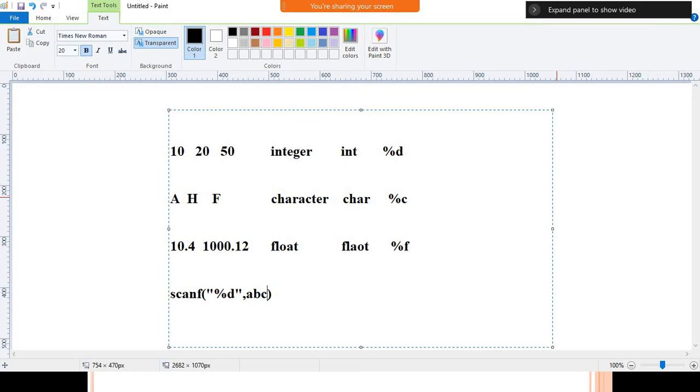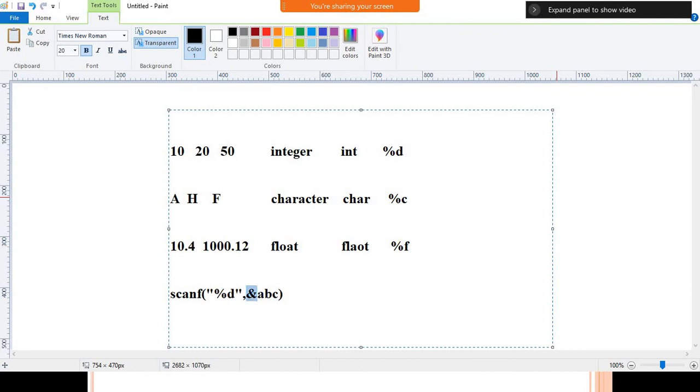The value will be entered in the console, and we will scan that value from the console. But we need to store it at a particular location. We do not want to store that value in a variable, we need to store the value in the storage location. For that reason, here we need to pass the address.